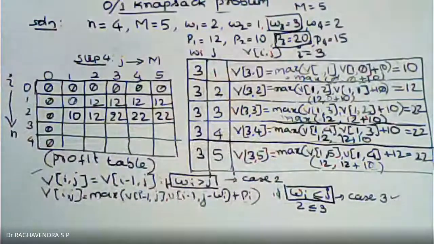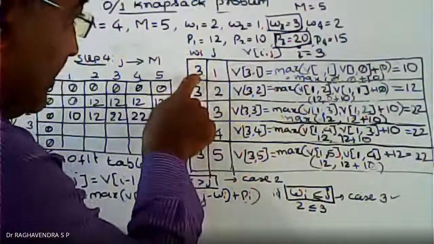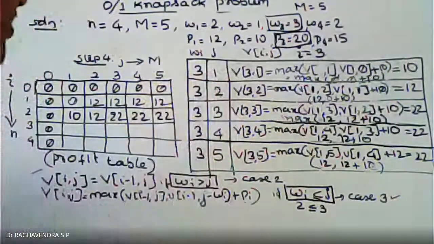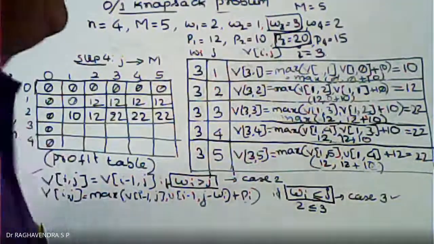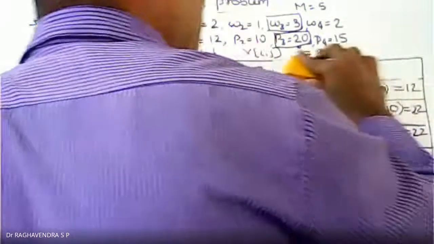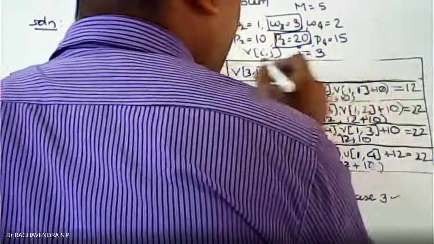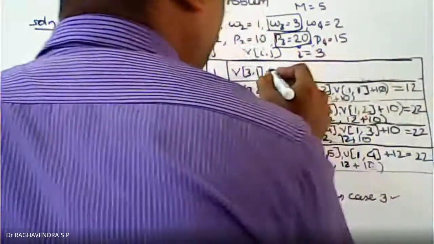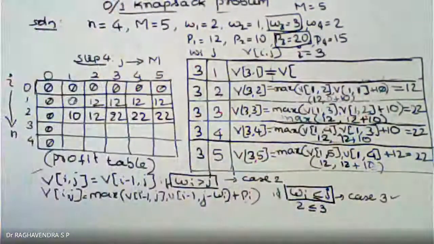3, 1. Case 2, because 3 is greater than 1, i.e. wi 3 is greater than j, which is 1. So this formula has to be replaced. That is V of i minus 1, comma j. So it is V of i minus 1, where i is equal to 3, so 3 minus 1 is